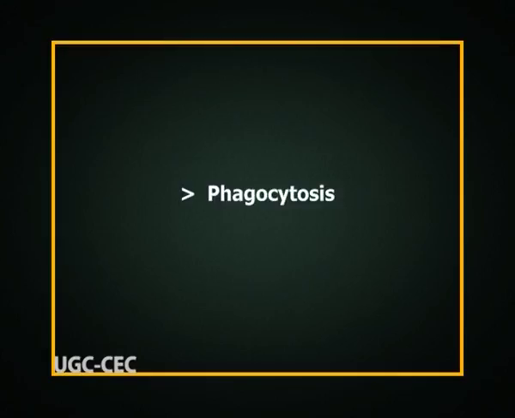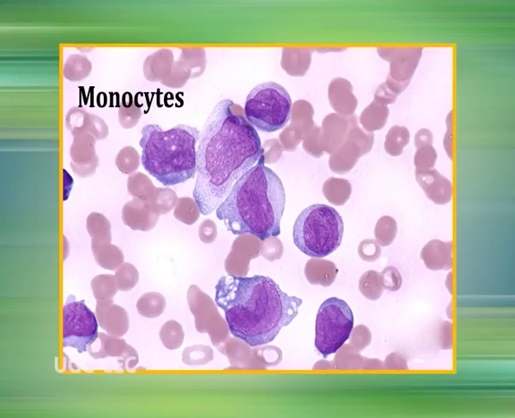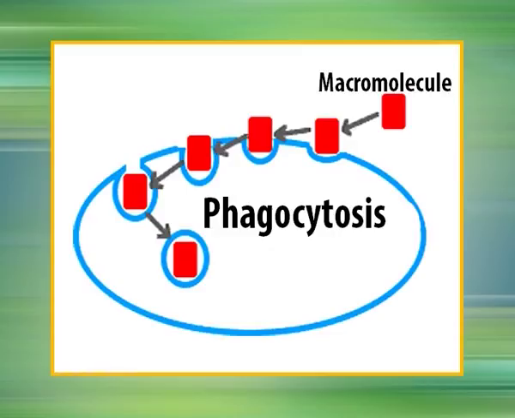So what is this phagocytosis? Phagocytosis describes the internalization of large particles following particle binding to specific plasma membrane receptors and by the formation of large endocytic vesicles, which are generally greater than 250 nanometers in diameter, called phagosomes. Phagocytosis occurs in specialized mammalian cells, that is macrophages, monocytes, and neutrophils. It is an active and highly regulated process involving specific cell surface receptors and a signaling cascade mediated by Rho family GTPase.